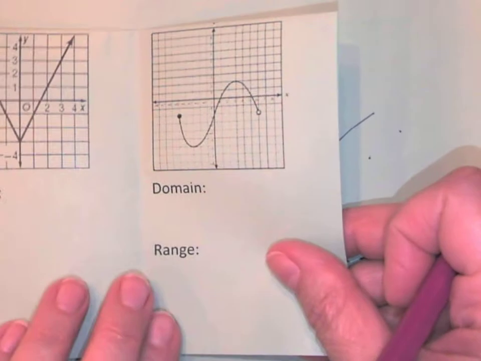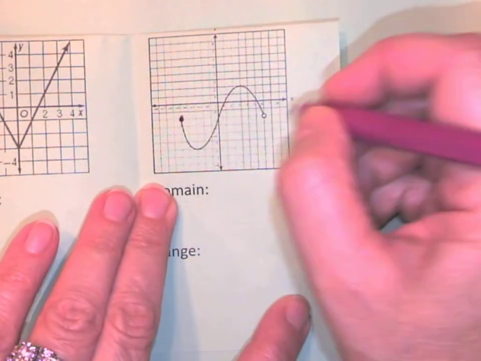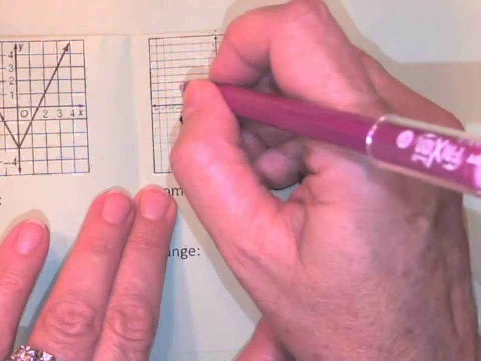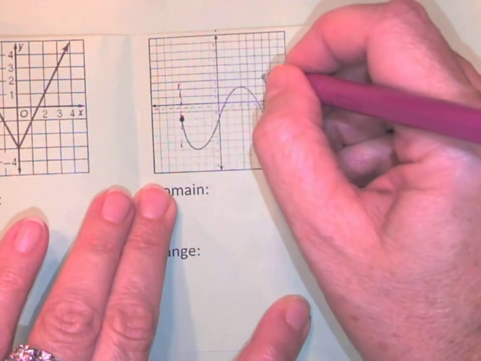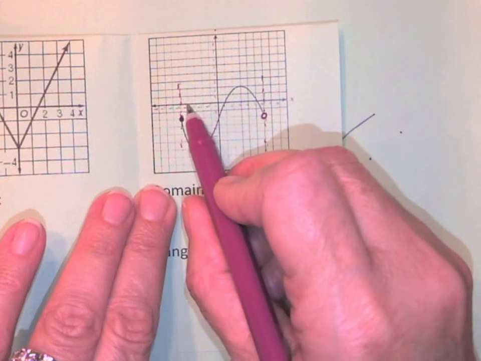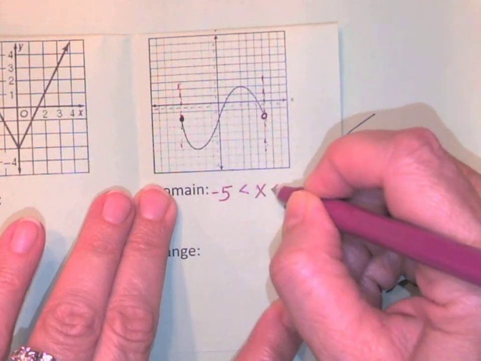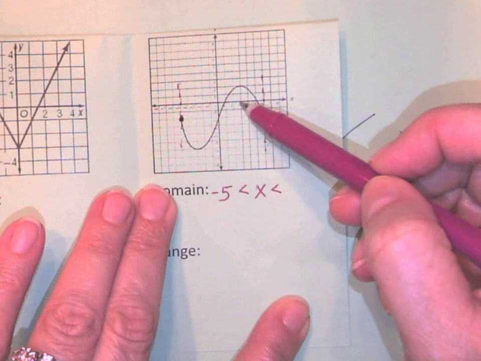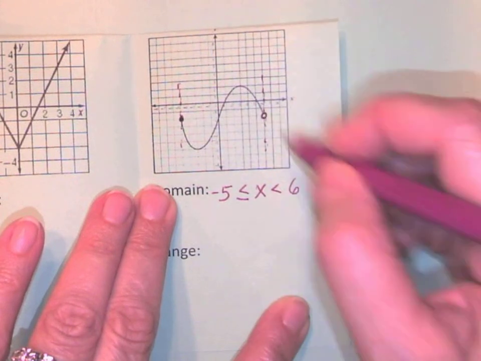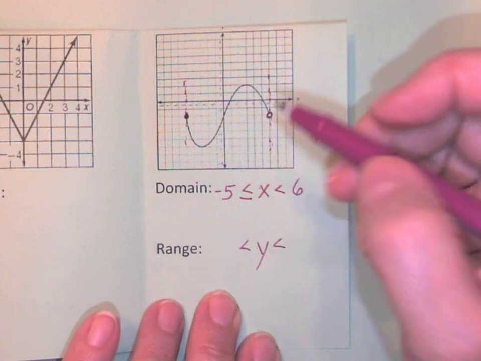So I want to skip to the last page. This one's also an endpoint one with one colored in and one open. So if I do my boundaries, I'm going to see that x goes from -5 to 6. The -5's colored in, the 6 is not. My y goes from